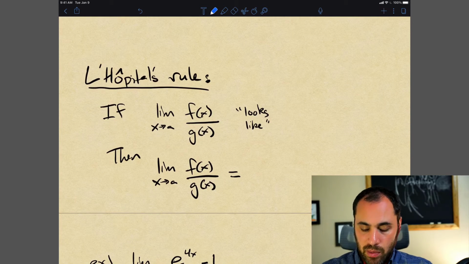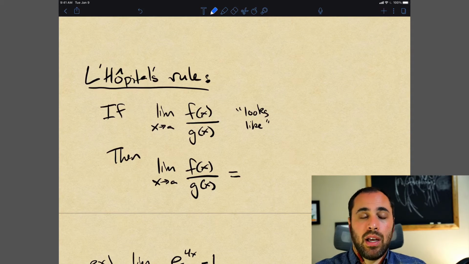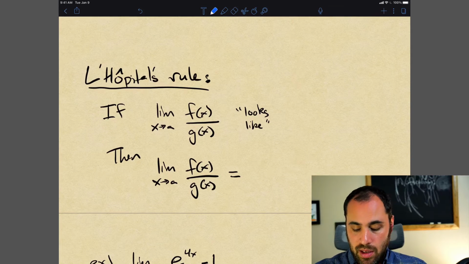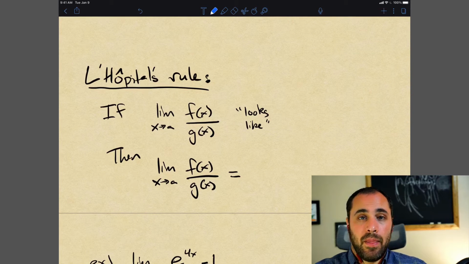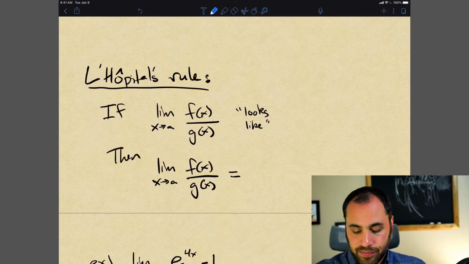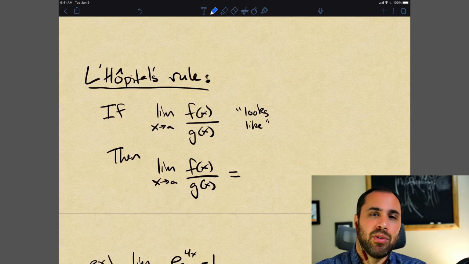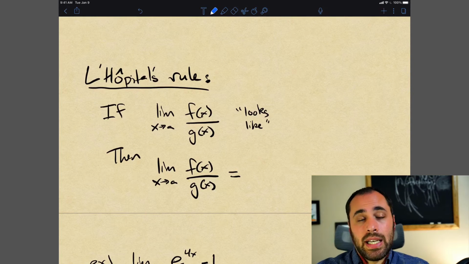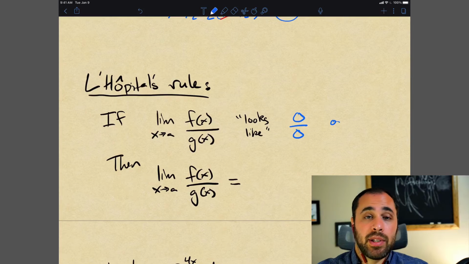And that's what's at work when we use something known as L'Hopital's rule. L'Hopital's rule helps us to deal with limits that are ratios. So if we've got a limit that looks like f of x over g of x of a particular form, then we can use L'Hopital's rule. That form is, if it looks like, and I put this in quotes because it's what we would have if we just plugged in the value, 0 over 0, or infinity over infinity, and I don't really care about the signs of the infinities,